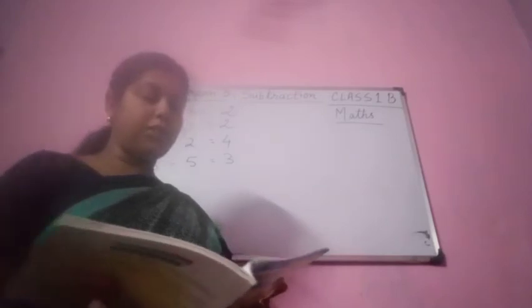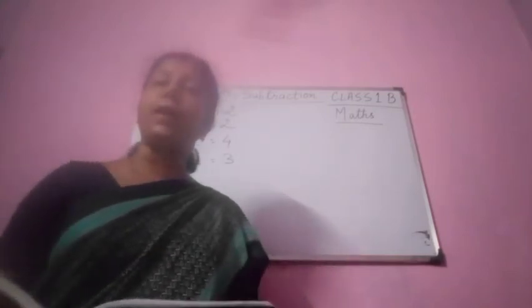Okay. Now you see 7 glasses are there. 7 glasses of water are there, and you have to cross out 6 glasses of water. So what will be the answer? 7 minus 6 will be 1. Okay. Now you see 9 candles are burning. You have to cross out 5 candles. 9 minus 5 will be 4.